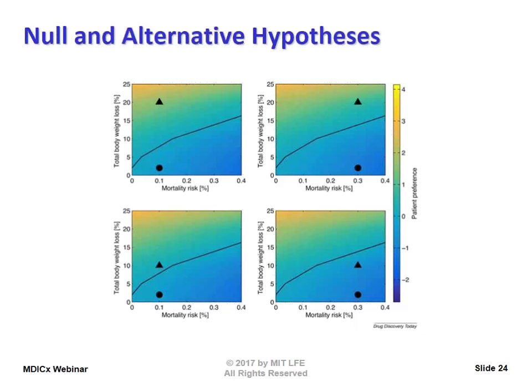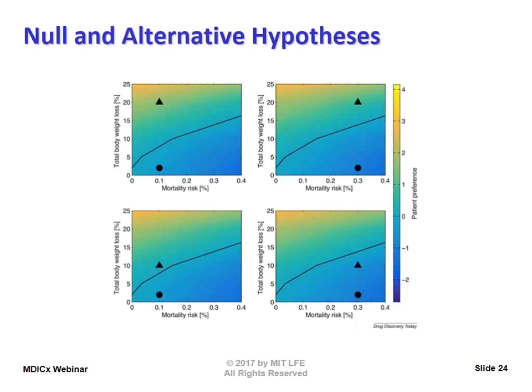And so again, we consider 4 different sets of alternative hypotheses for the investigational device. In the case on the top left, we're considering the case of low mortality risk and high expected total body weight loss. And so this might be representative of a very promising, potentially breakthrough therapy. On the other hand, in the case on the top right,